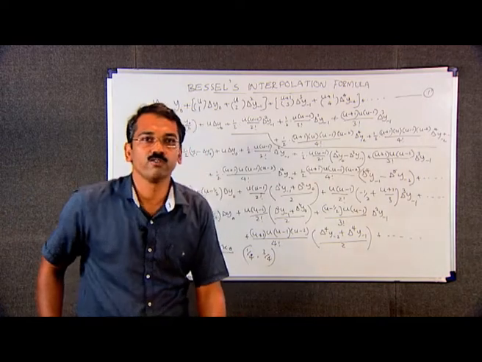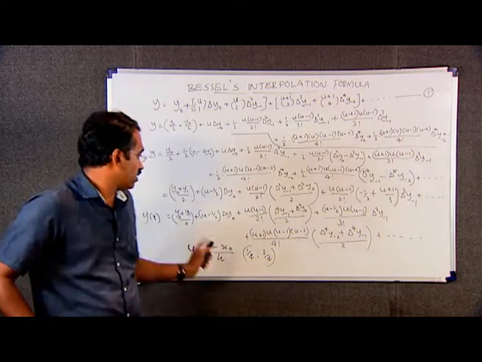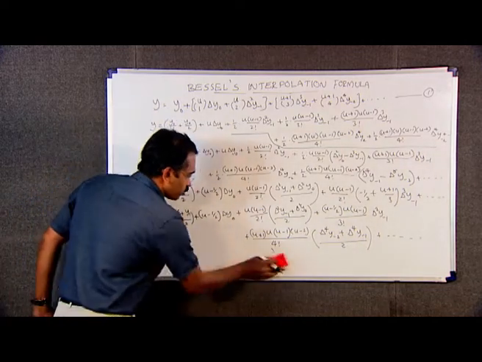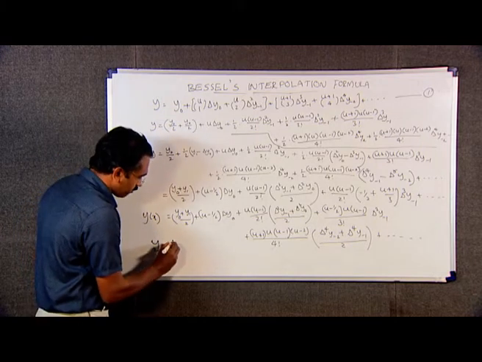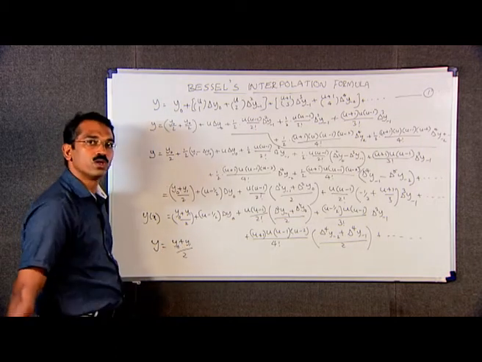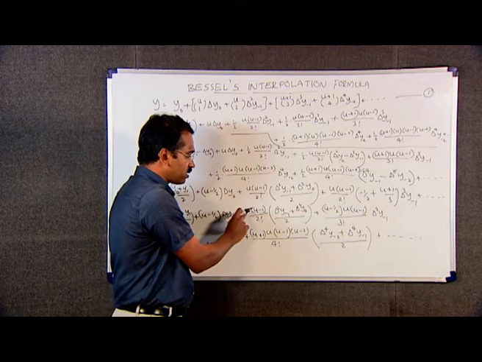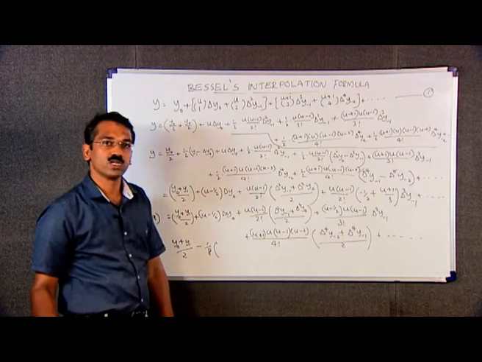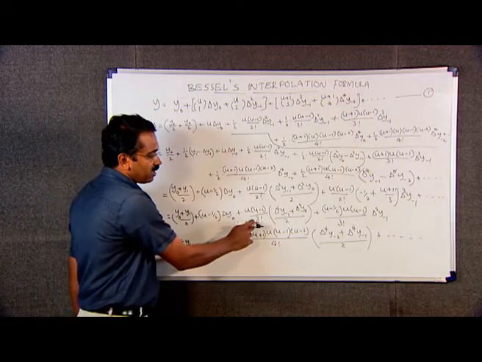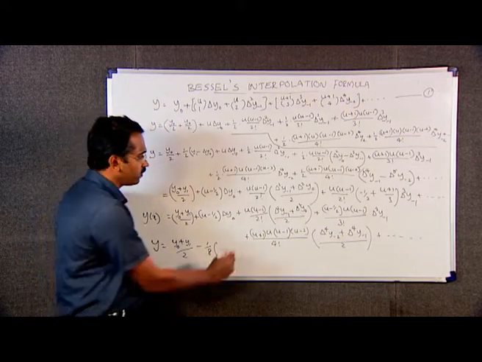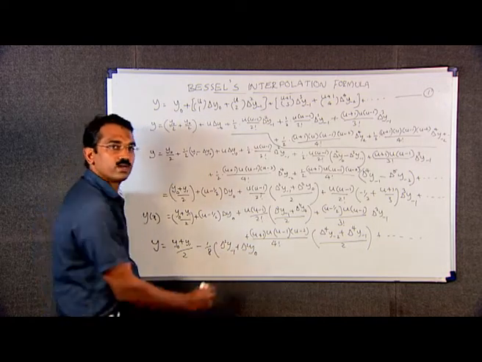That is, the coefficient of odd order differences will become 0, and this formula becomes y, that means y of x, equal to y naught plus y1 divided by 2 minus 1 by 8 into, here we put u equal to 1 by 2, this is 1 by 2 into 1 by 2 minus 1. 1 by 2 minus 1 is minus 1 by 2. 1 by 2 into minus 1 by 2 means minus 1 by 4 divided by 2 factorial, that is minus 1 by 8 into delta square y minus 1 plus delta square y naught divided by 2